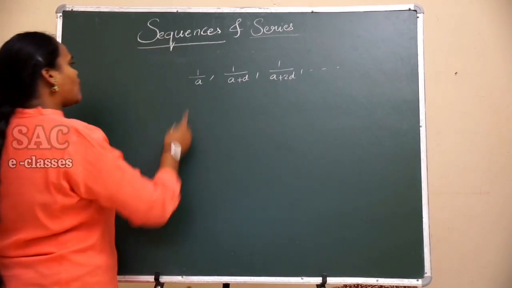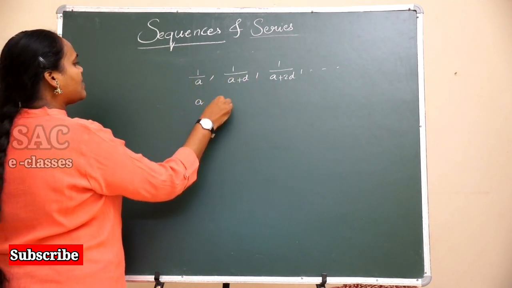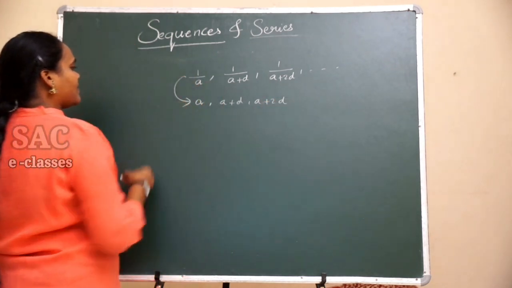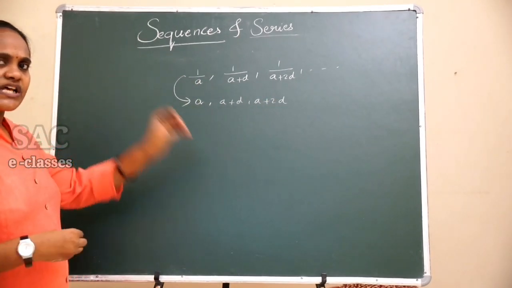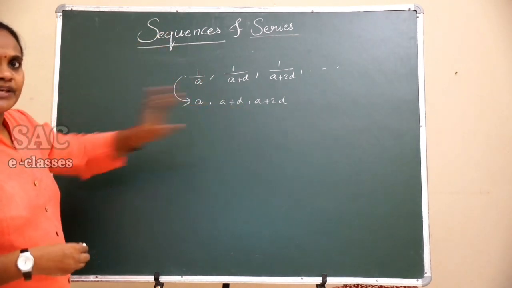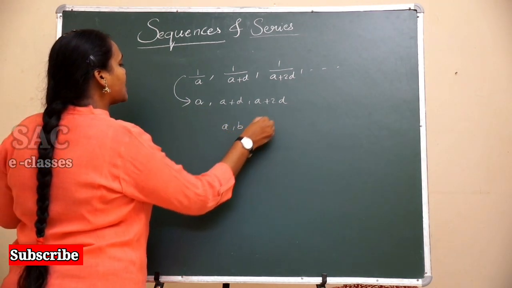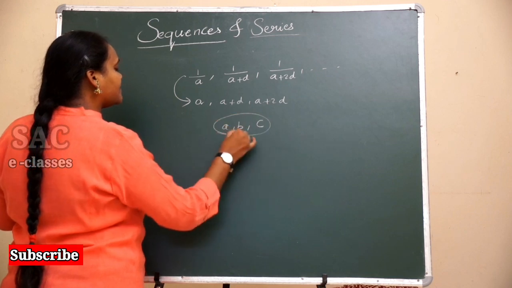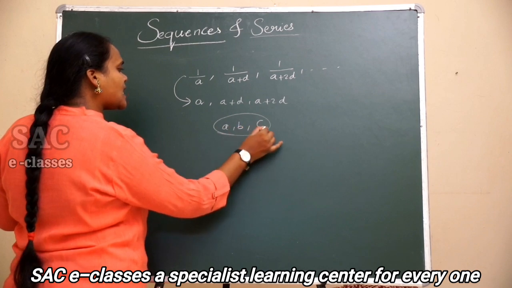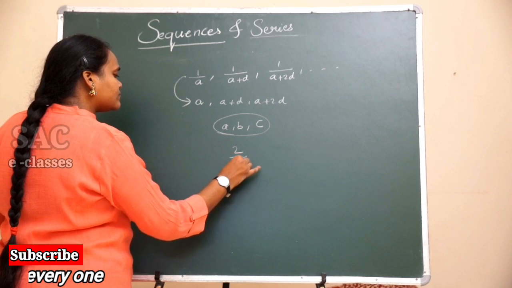If you observe, the multiplicative inverses of these HP terms are a, a plus d, a plus 2d. Now clearly these are in AP. If you want to say any terms are in HP, their reciprocals must be in AP. Then only we can say it is HP. If A, B, C are any three terms in HP, then their